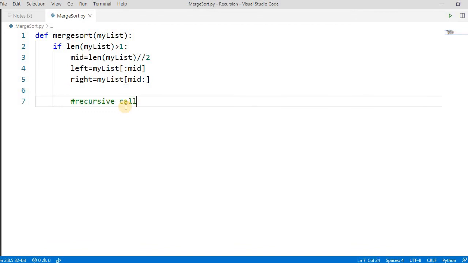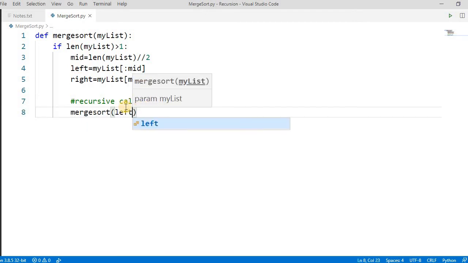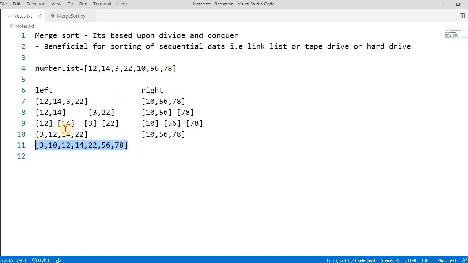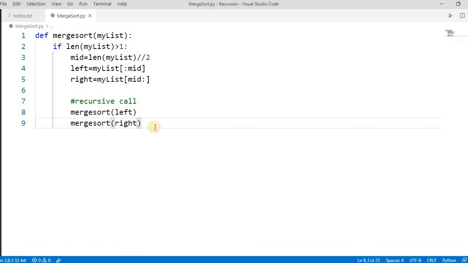The recursive call: merge_sort left and then merge_sort right. Now we have to iterate through the left part and the right part, and then this one is for the final part. Let's take variable i for the left part, j for the right, and k for the common one.